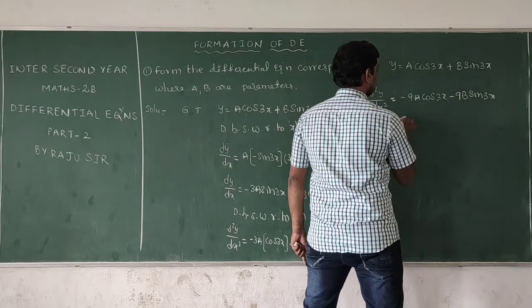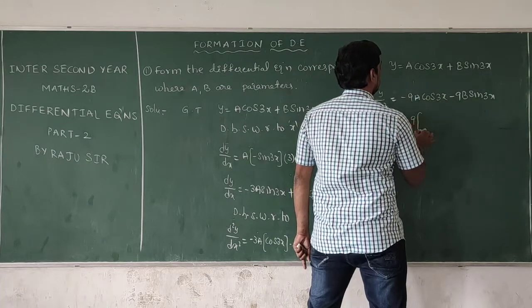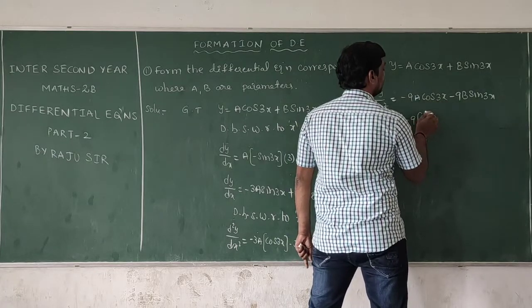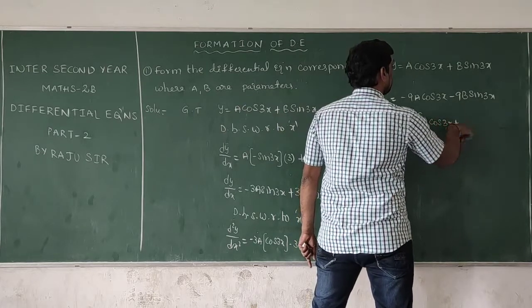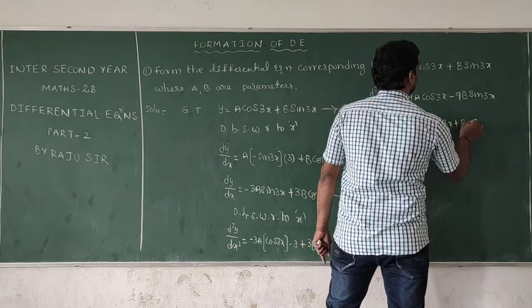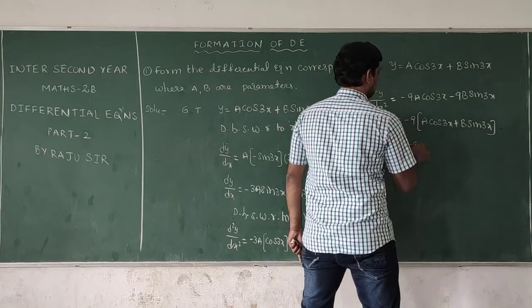Now in these two terms, what is the common term? Yes, minus 9 is the common term. What is the remaining term? a cos 3x plus b sin 3x, minus 9 into,